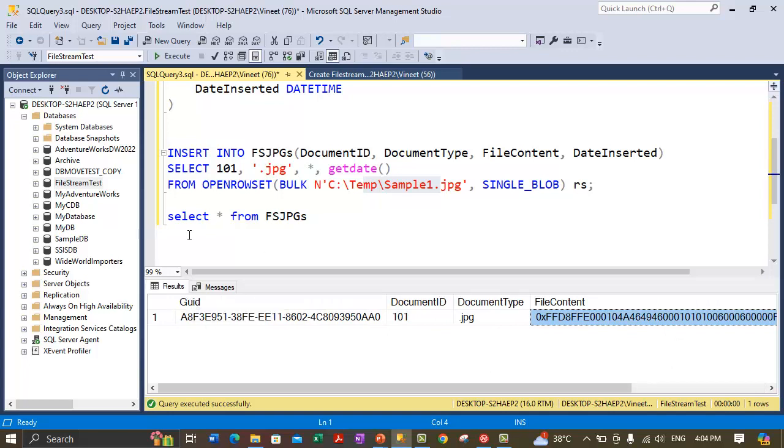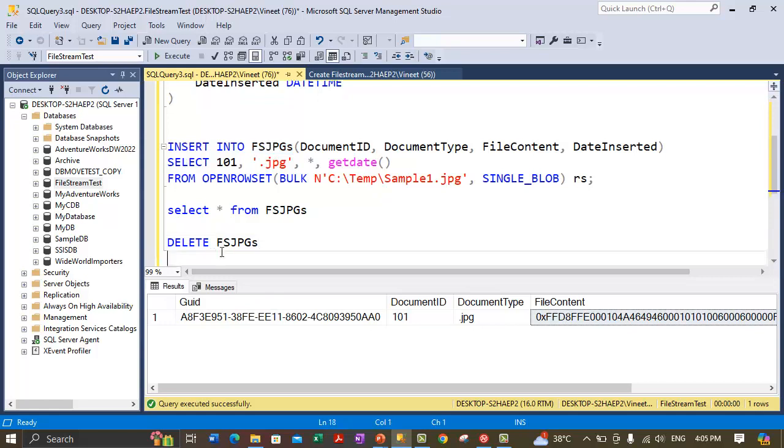Let me go ahead and delete these rows. So in order to delete this particular row, we can do the delete statement. So delete, you need to specify the table name. So table name is fsjpg, and what data you want to delete, you can specify that in the filter criteria. So the row we have inserted has a document ID of 101. So let's delete